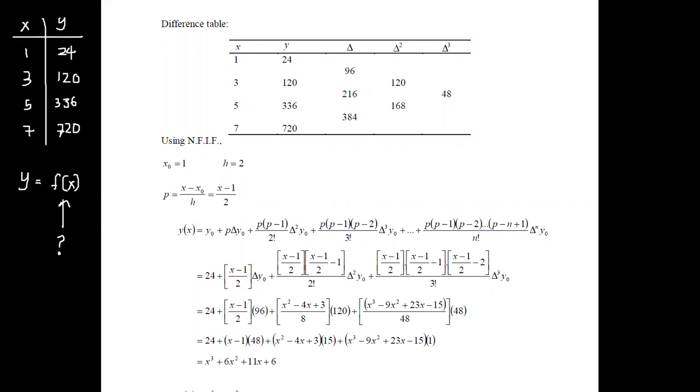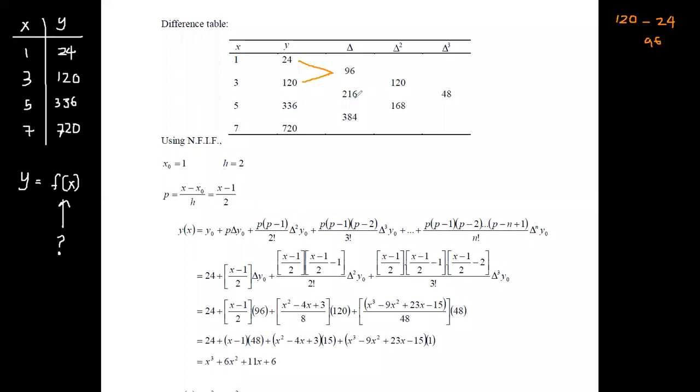Now we will see how we can obtain the values in this differencing table. Here you can see these are the x and y values that they have given. Now you have to use these two values, 120 and 24, to obtain the value 96. We can obtain this 96 just by taking the difference between the second y value and the first y value. It is 120 minus 24, which gives you 96. That is how we are obtaining this 96.